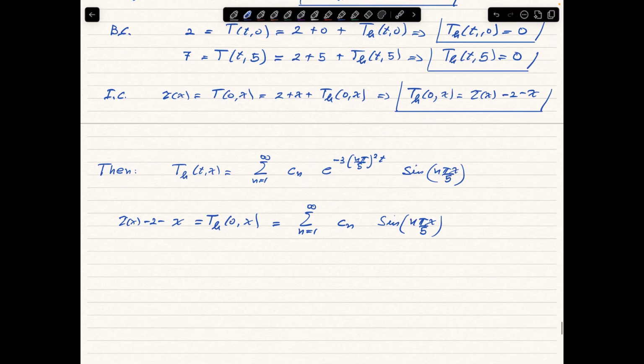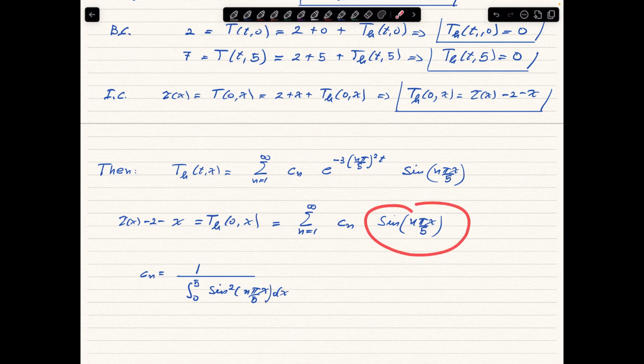So what is the formula for the coefficient Cn? Cn is nothing more than 1 over the integral from 0 to 5 of sine squared of n pi x over 5 dx. So this is the length of these eigenfunctions, times